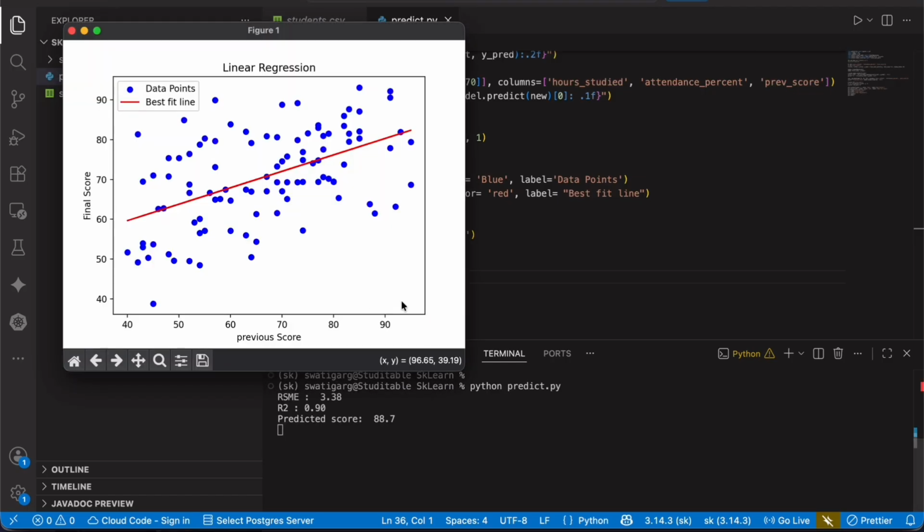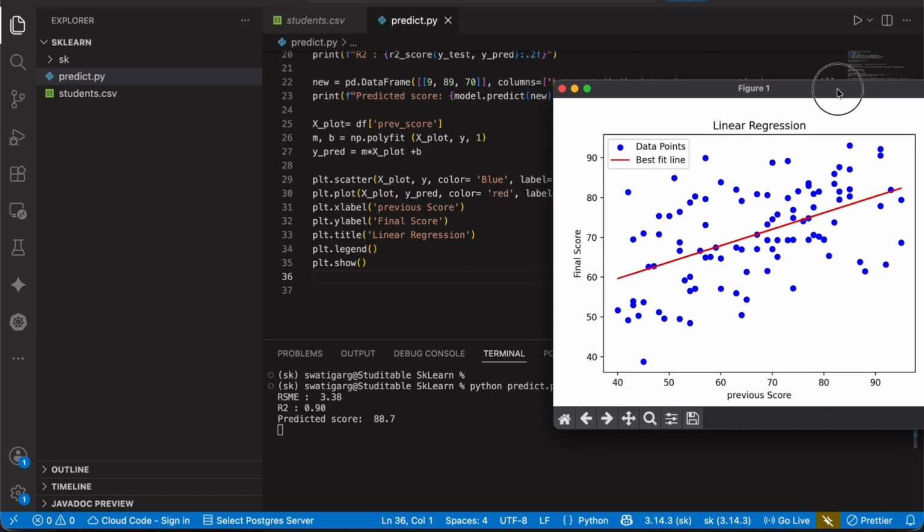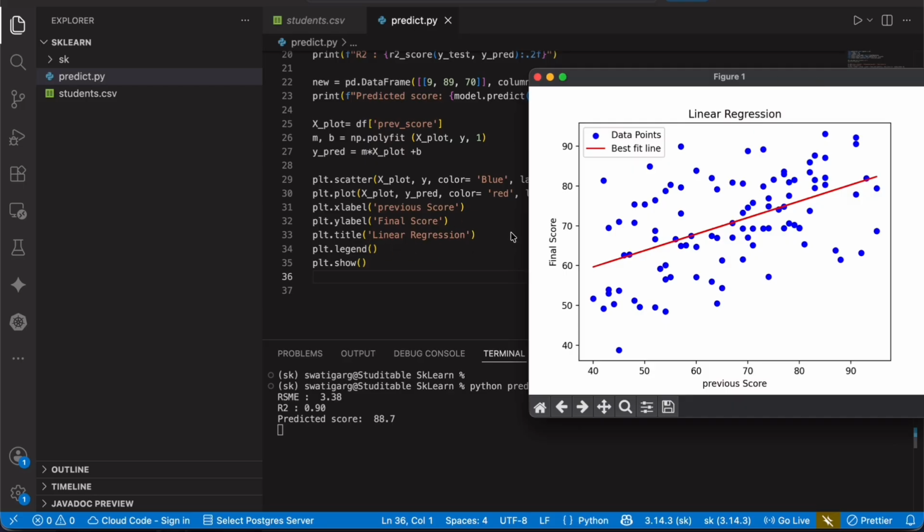Now you can see this is the linear regression that we have used, the title here as linear regression. If I remove this, you can see plt.title linear regression. This is the complete map, the title. Data points here that we have seen as blue. So these are the x data points that we have from the table, from the CSV file. This is in blue. These are the predicted values in red, this is the best fit line that it has given us.